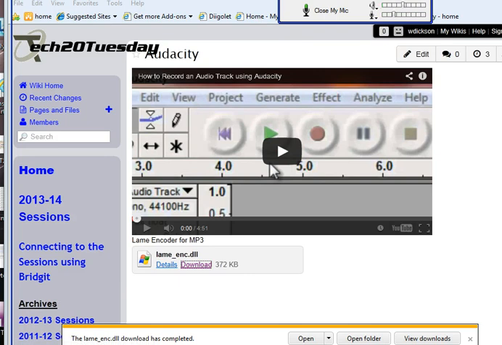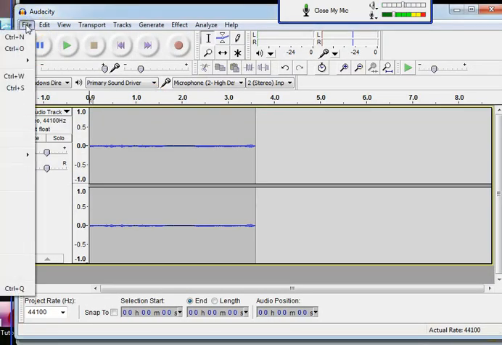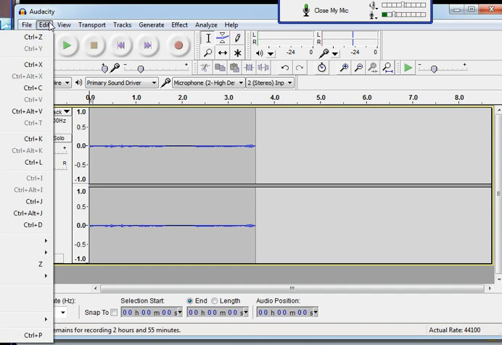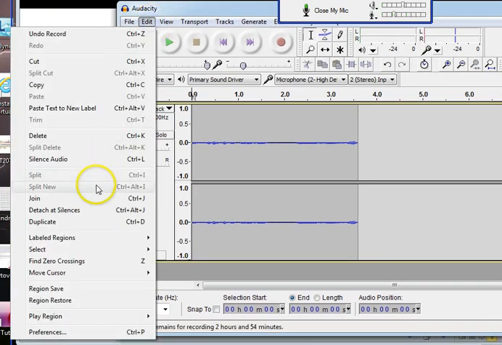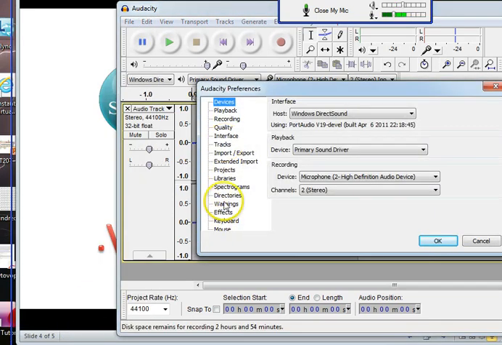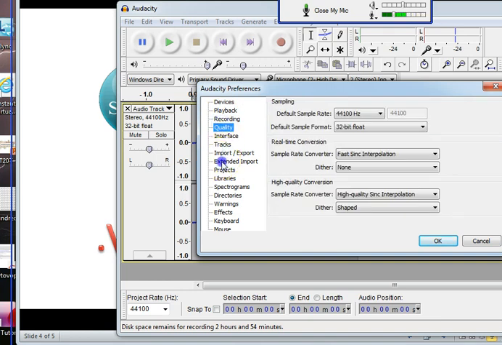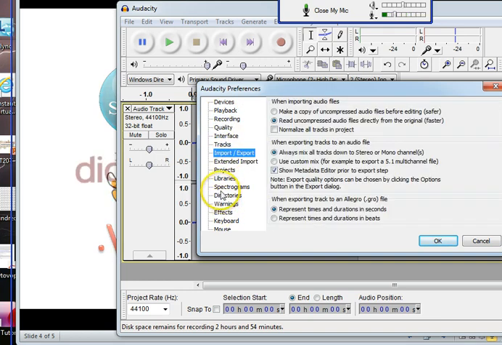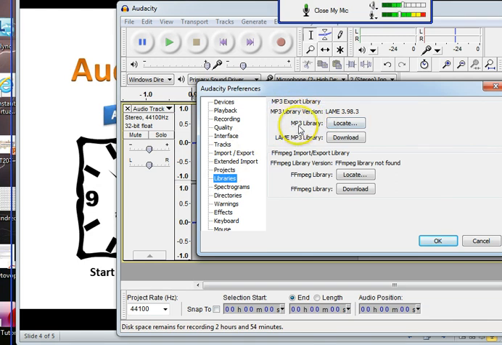Now that I have that file there, when I come back to Audacity, and if I go under the edit, so I get that off the screen a little bit here. Let me bring this over. Edit, and I look at the preferences, and down. Let me just get back to find out where it is. Import, export. No. Libraries. Sorry. So this is under the Audacity preferences, and I click on libraries, and it'll say, where's your MP3